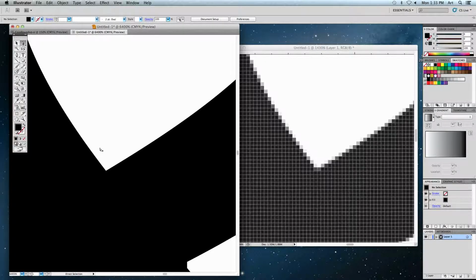So no matter what size it is, I can take a logo that's really small and blow it up, or I can shrink it all the way back down to really small. It's going to maintain the same amount of resolution and the same amount of crispness that you would expect from the artwork. Now this is good for graphic designers because if you work for a business that gives you a logo,